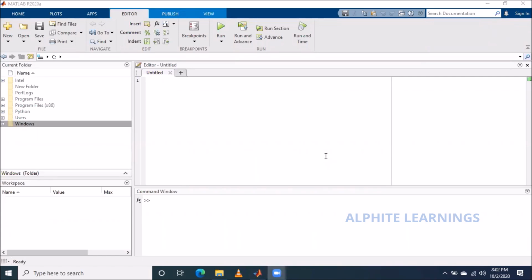We started off with what the basics in MATLAB are, right? We started off with the GUI: how the interface in MATLAB looks, what the different functionalities of the workspace environment are, and the separate windows we have seen, right? And then we lightly moved on to working in the editor and command window, right?